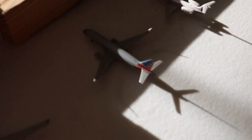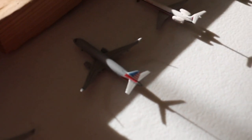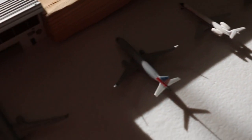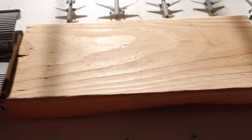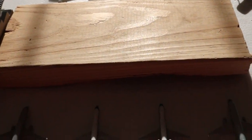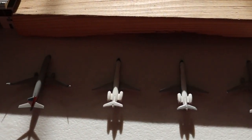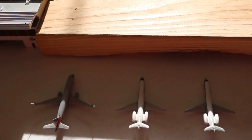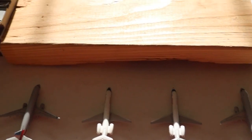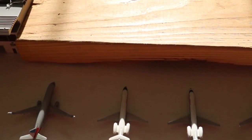Here we have American Eagle Embraer 175. Yes, I can tell the terminal's really just terrible. One thing I do have to say about Terminal B is apparently they're going to be starting mainline service now. As you can tell, this terminal is not as long as the others, but I can make room for it. So if it actually does happen, which I guess they're really about to do, because currently American Eagle's moving some of their operations to Terminal E. So anyways, American Eagle Embraer 175